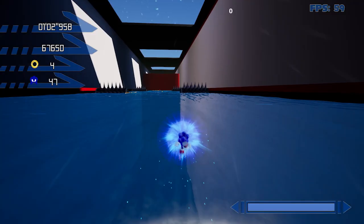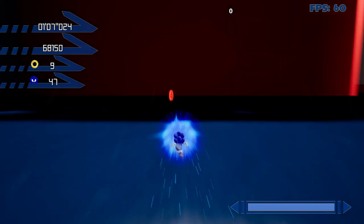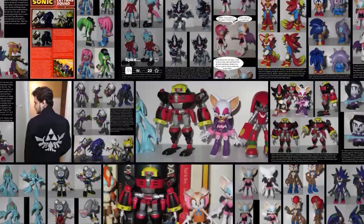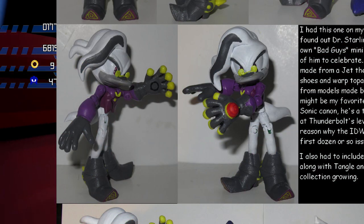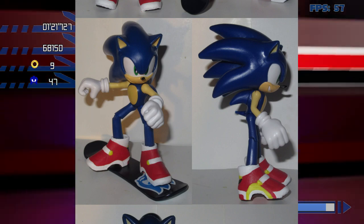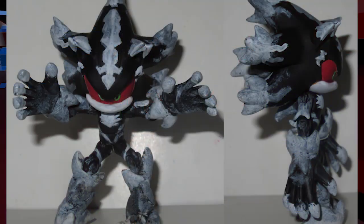Let's start out with someone I've actually known about for a while now, that being Wake Angel 2001. I've seen his customs for years now, and they're easily some of the best I've ever seen. Like, look at all these, it's incredible. There are so many, so let me just go through a bunch of them. Cream in Jack Specific style, Dr. Starline, Rouge, Sonic from SA2 using the snowboard from the Jax figure, Sally, Sad AM Sally, Marine the Raccoon, Mephiles,